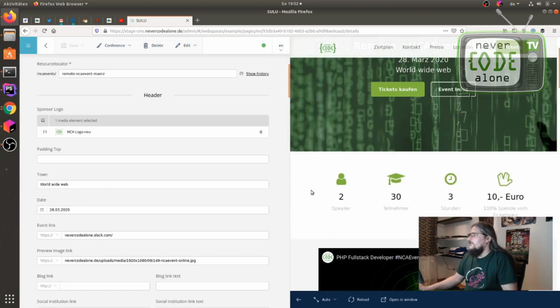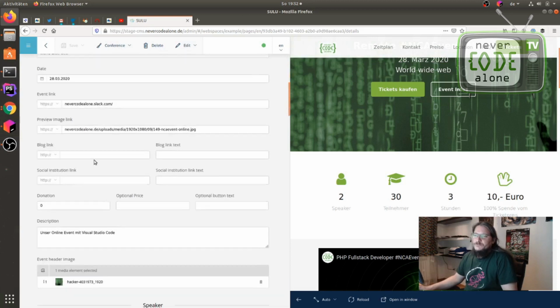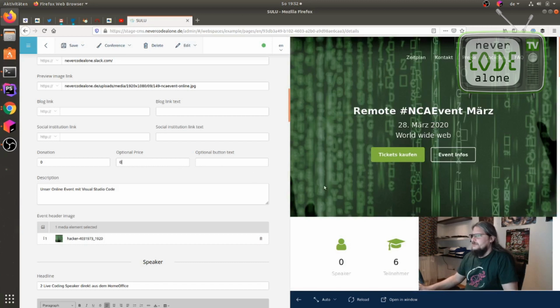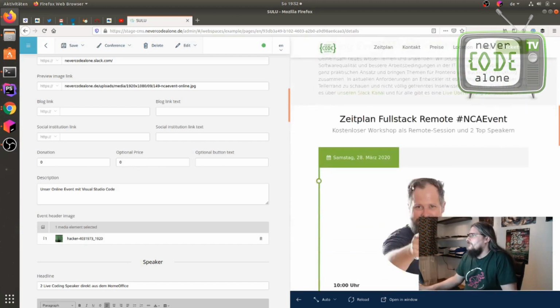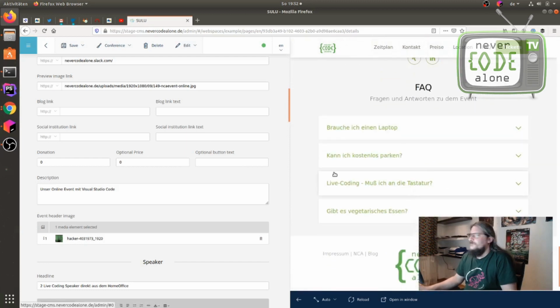And when we want to say, okay, this costs nothing, we have this optional price here. Then it's reloaded and you see here that this is working. The other part was on the FAQ files. There was a button text.